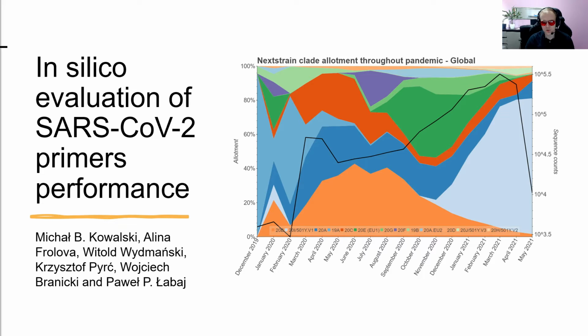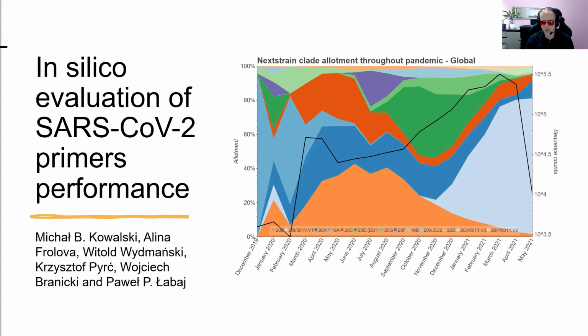Hello, my name is Michał Kowalski and I'm a PhD candidate in Doctoral School of Exact and Natural Sciences at Jagiellonian University. I'm doing my research in Bioinformatics Research Group under supervision of Dr. Paweł Łabaj, and today I will be presenting our latest results in the topic of in silico evaluation of SARS-CoV-2